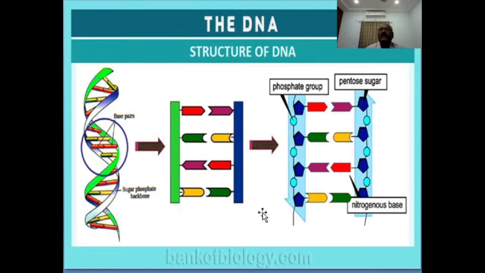In this strand, you see, this is a phosphate group, phosphate group, phosphate group. This is sugar, phosphate, sugar, phosphate, sugar, phosphate. That is pentose sugar, pentose sugar, pentose sugar. That means a 5-carbon sugar. Pentose means 5-carbon sugar. These are the nitrogen bases. So, nitrogen base,